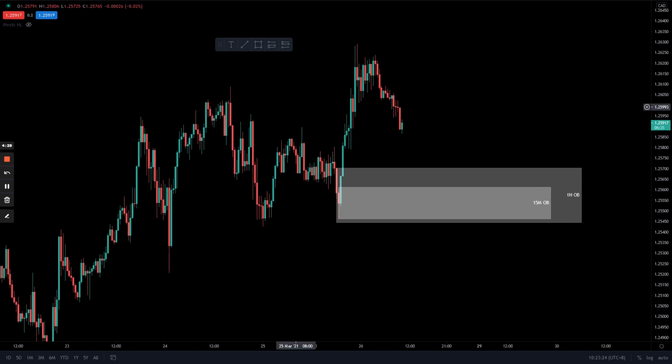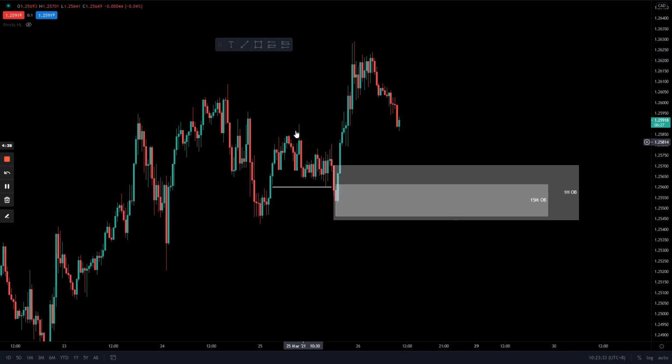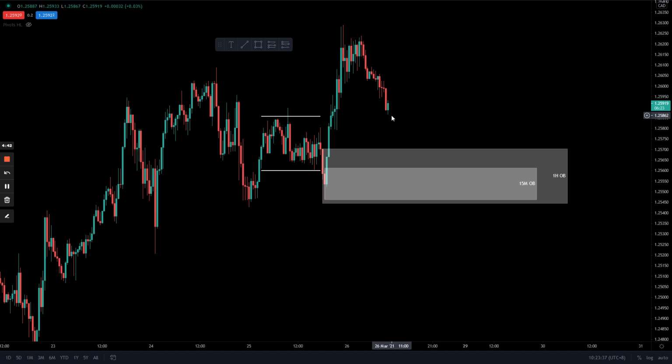Alright, we do see, however, that there was a sweep of liquidity right here, as you know. Areas like this, areas of support and resistance for retail traders, are known to have tons of liquidity. So we can establish that this move right here was the one that collected liquidity. So is there a possibility of price coming down lower into this area? Maybe not, because the ideology of order blocks is that